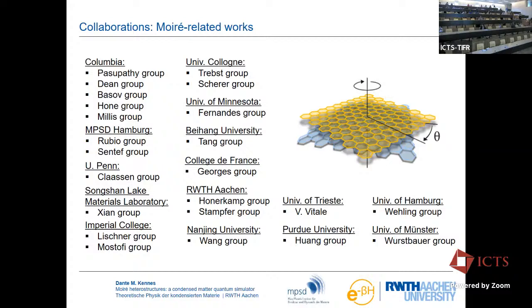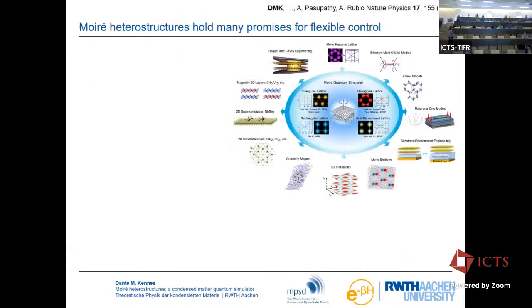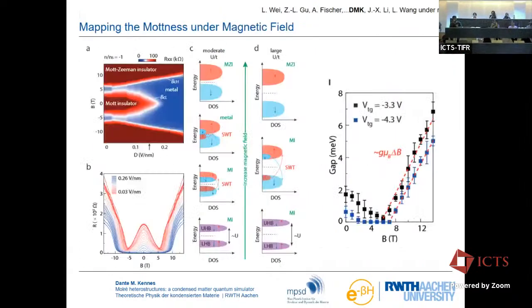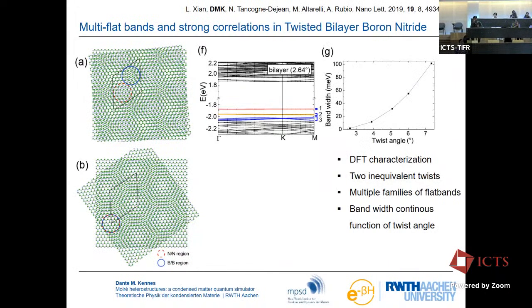Yeah. So nice talk. Just one thing, when you were talking about the twisted bilayer hBN portion, showing the flat bands coming up, how do I experimentally try to probe those flat bands?